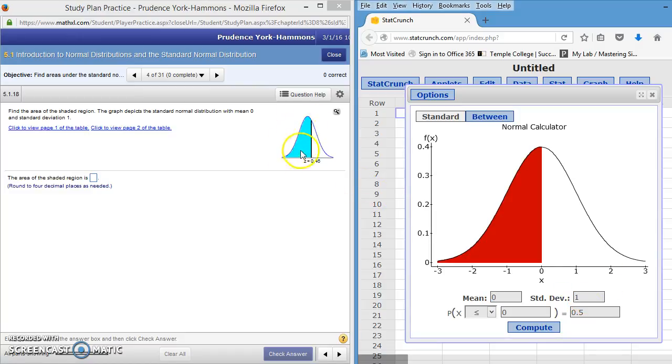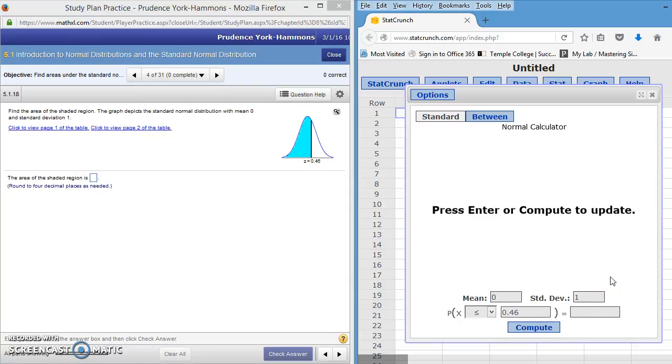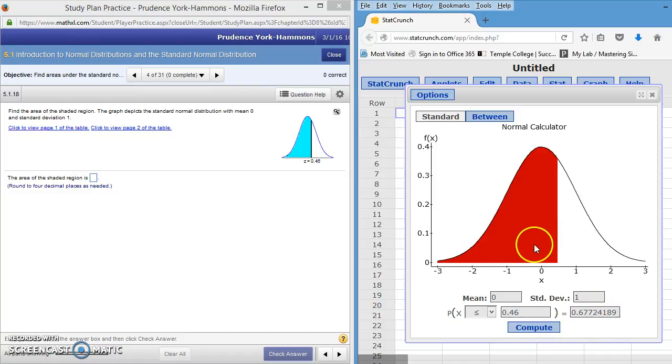In this particular curve from problem 5.1.18 of the study plan, you want the area to the left. Now, if you were on a number line and you were moving to the left, that would correspond to the inequality less than or equal to. And the z value that they have given you is 0.46. So if I click compute, you'll see that we have a red area very similar to the blue area,